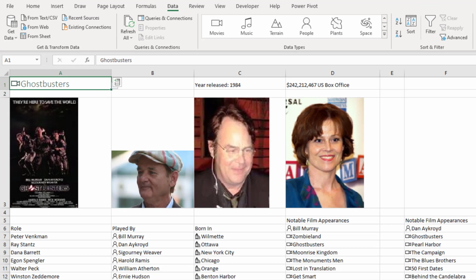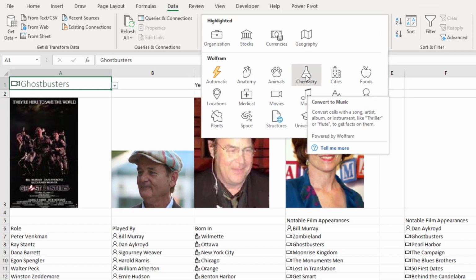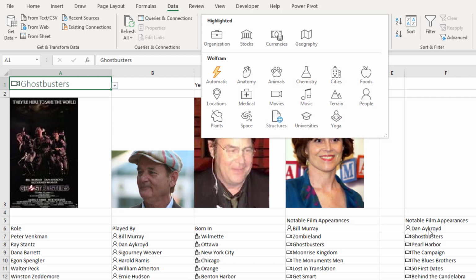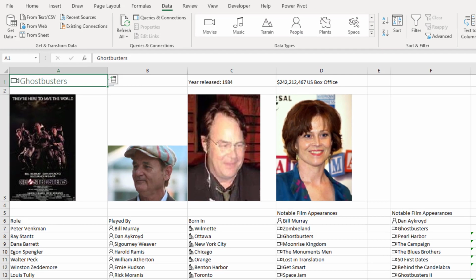All right, and that's just one of the domains. You could do this for music, you can do it for chemistry, you can do it for food. Think about having some sort of a nutrition thing, or space, all kinds of awesome things built in. All right, so if you have a consumer edition at home, you went and bought Microsoft 365 at the Microsoft Store or somewhere like that, check that out. It's going to eventually come to enterprise. They have some issues to work out there, but for now, check it out on your home edition.